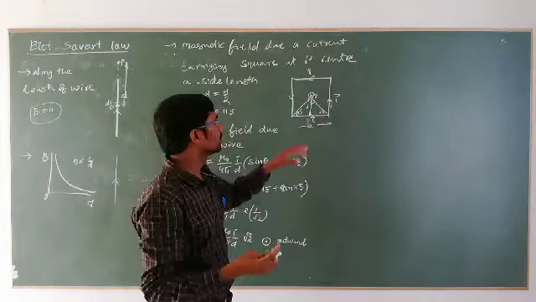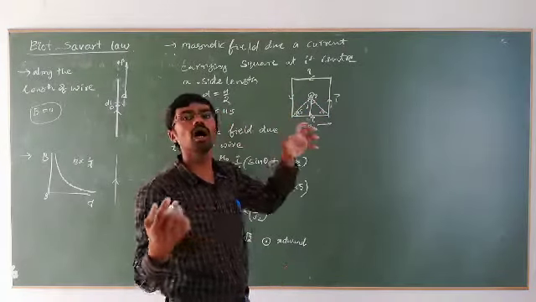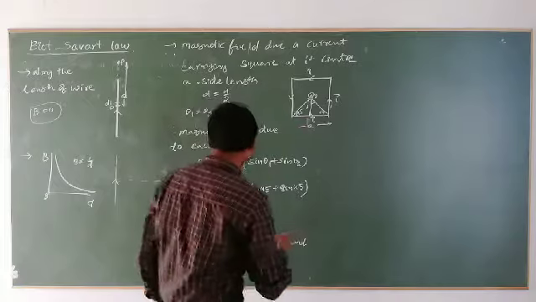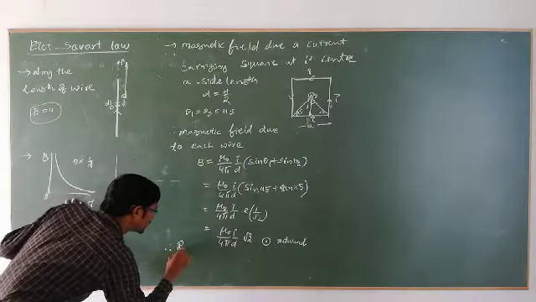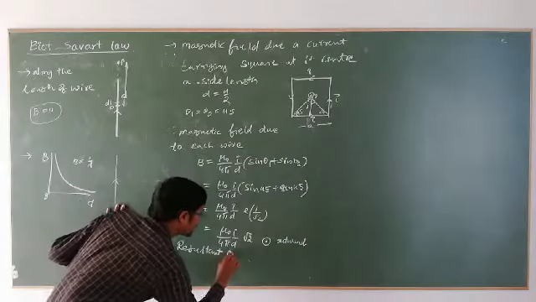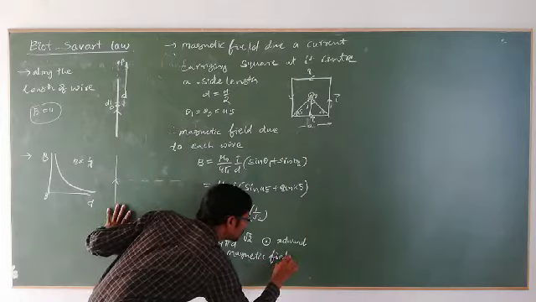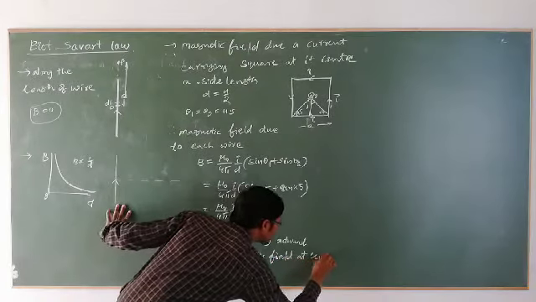Now we need to take D. D is nothing but A by 2. From here to the side, this D value is A by 2, is it right? And it is 45, which means this angle is 45, and even this angle is also 45. Then theta 1 is equal to theta 2, which is equal to 45.